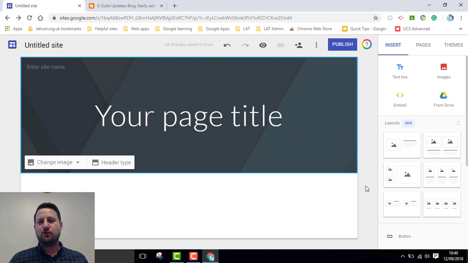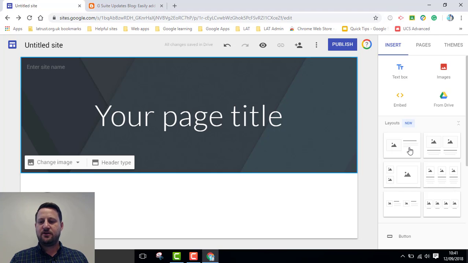Today we're going to be looking at some new updates in Google Sites, and particularly about how you can insert layouts that will help you in consistent formatting and great design of your Google site. So if we head over to Google Sites, what we'll notice on the right hand side under the Insert menu is a new set of functions called Layouts. And what this basically does is give us some predefined layouts that we can just insert and then utilize to